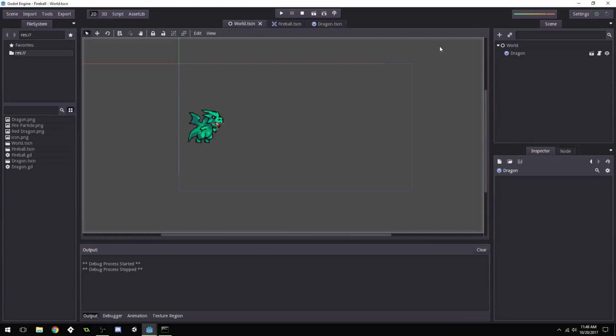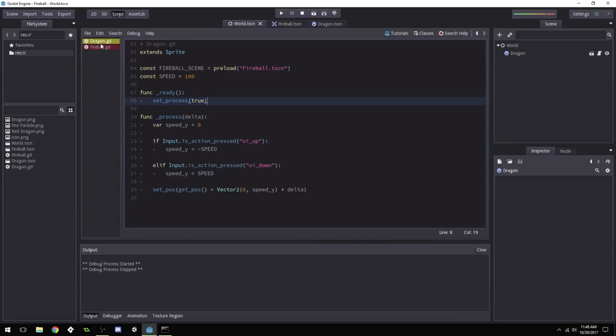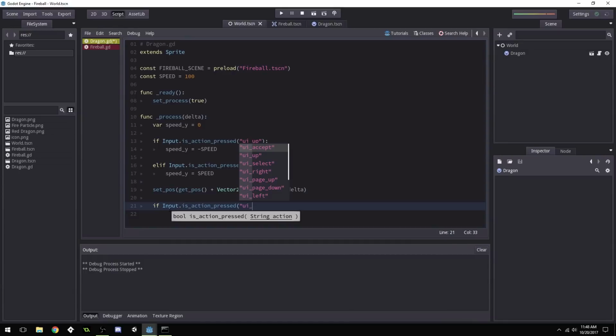Let's come into our dragon script. So if we come back into scripts, click up here, and come into the dragon script, we're going to use another input check inside of our process function. So we'll say if input.is_action_pressed UI accept,